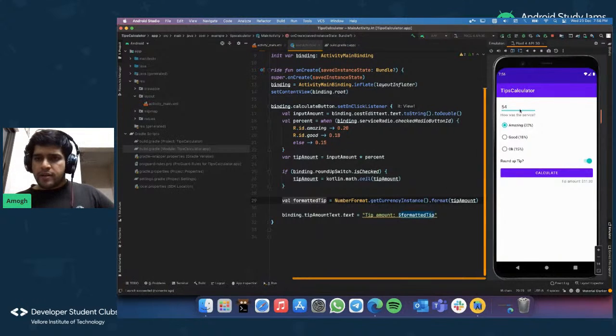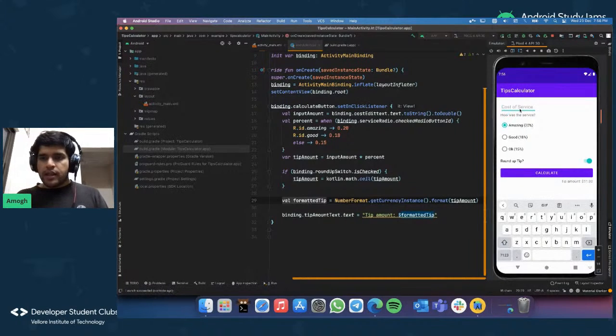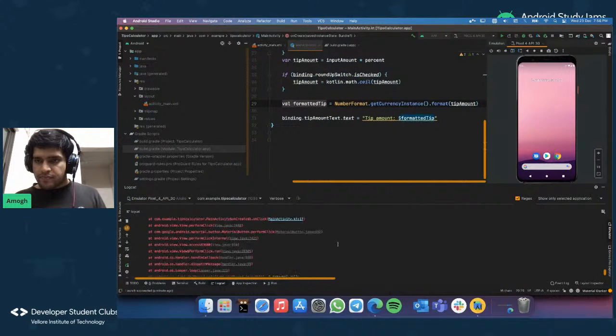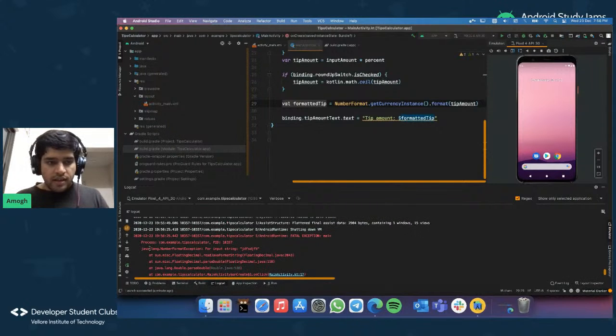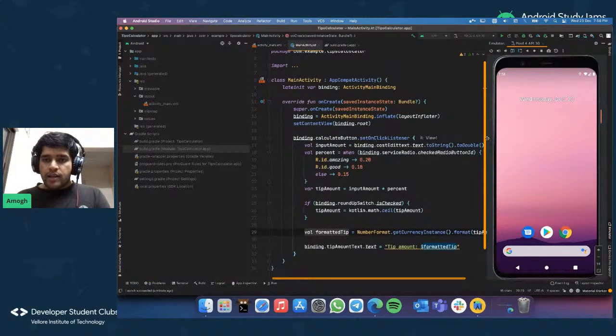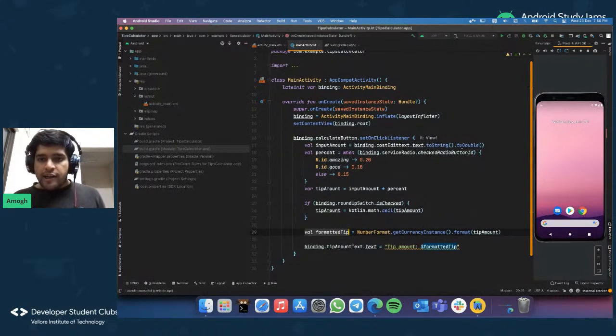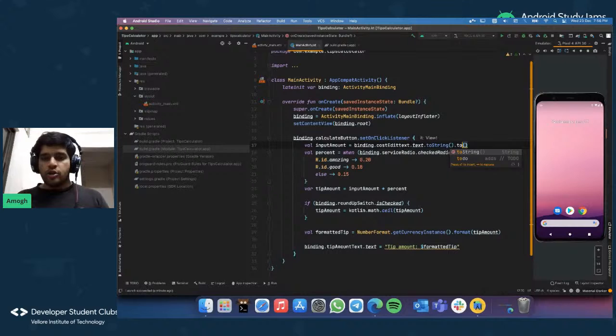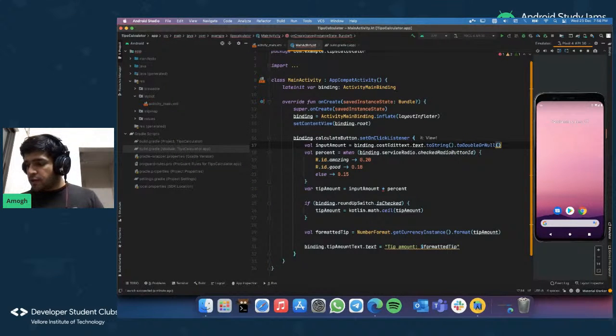Like, what happens if we try and enter some text instead of numbers here? And then we click on calculate. As we expected, it's going to crash because it says number format exception for input string, blah, blah, blah, blah, right? So the way we can actually fix this is using a different function than .toDouble. So what we are going to be using is .toDoubleOrNull. So what this will actually do is, if it's unable to parse,